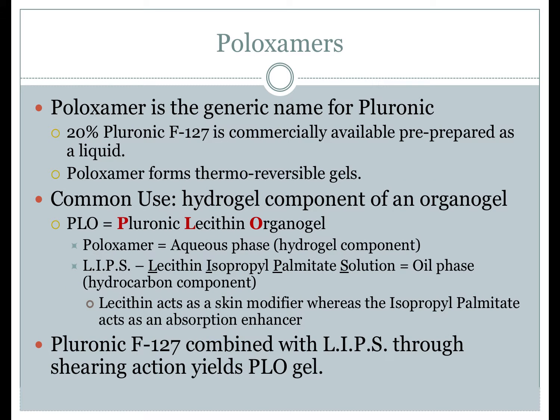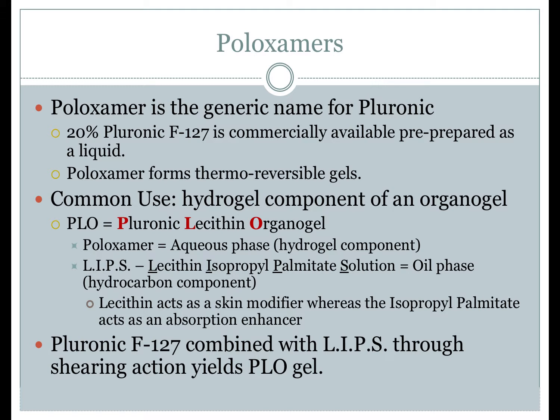The third and last category of gelling agents to discuss are the Poloxamers. Poloxamer is the generic name for the registered brand name product Pluronic. Poloxamers are actually copolymers of polyoxyethylene and polyoxypropylene. Poloxamer is composed of white, waxy, free-flowing granules that can be mixed with very cold, purified water to form a liquid gel. A significant advantage to using Poloxamer is that a 20% solution called Pluronic F127 is commercially available